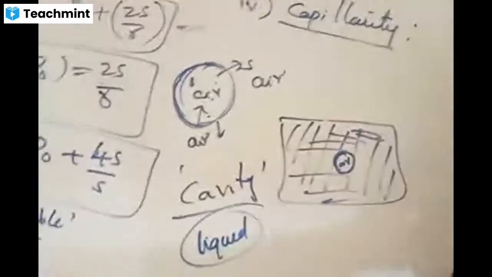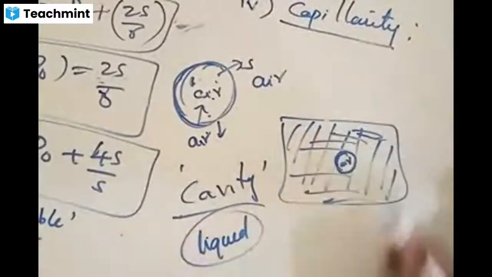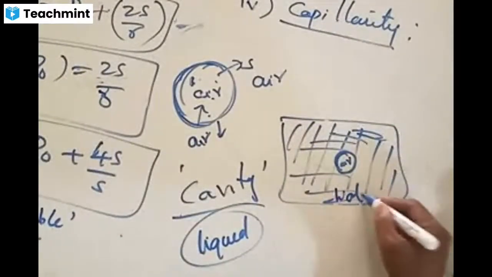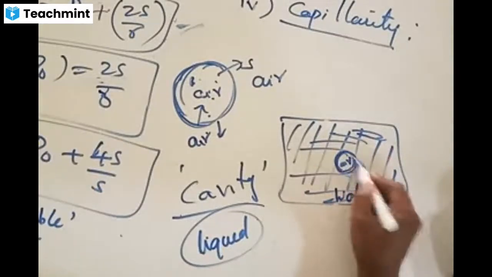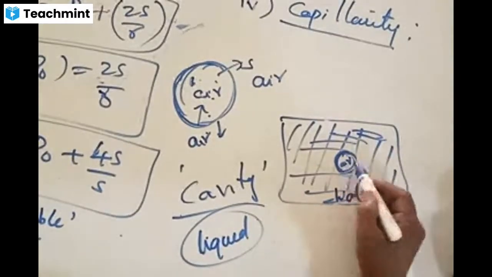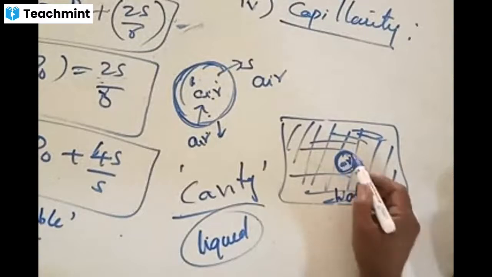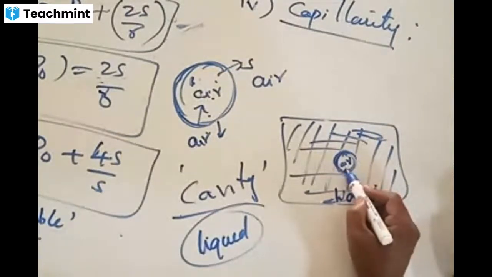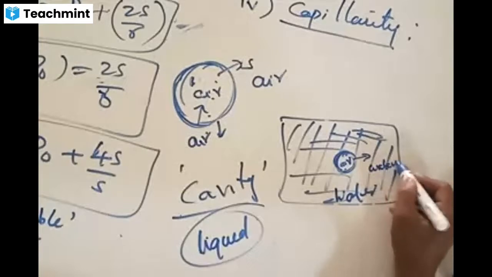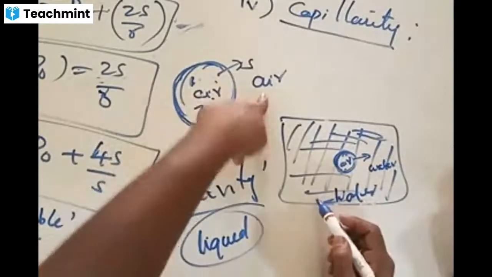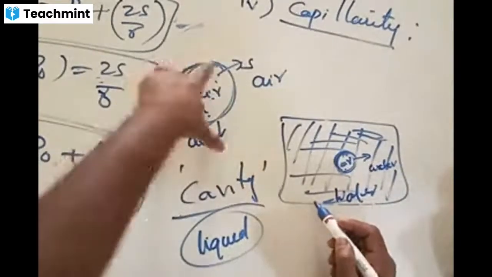Air, outer surface is, in this case, in this chamber, filled with water. There is some kind of an arrangement in such a way that no water enters into that, only that is filled with air. Inner surface of this thing is having air, outer surface of that is going to have what? Liquid, or that is water. Here what is that? Outer surface is air, inner surface is air, that is called as bubble.